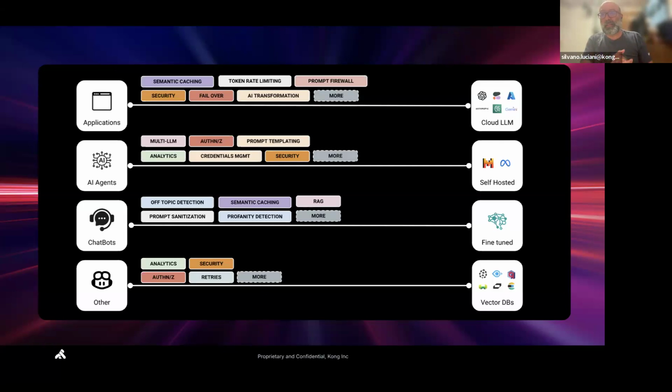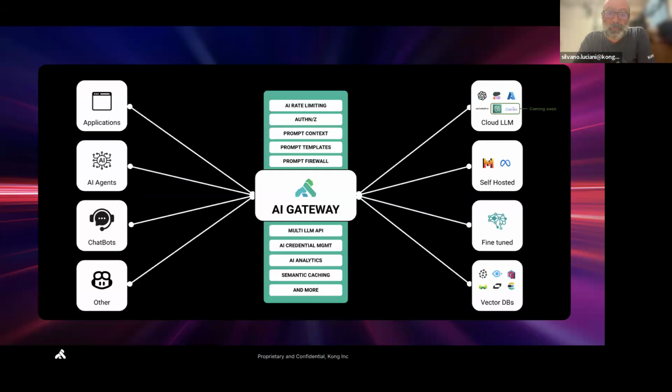Other things that are pretty common are sanitization of the prompts, the moment that users can ask questions that will have replies generated by an LLM. Some things might be better not to ask in a certain way. There's a lot of protection built into all the LLM providers, but in an organization, there might be some specific topics that we want to make sure users of our apps cannot ask about. And so this is where the concept of the AI gateway becomes extremely useful in